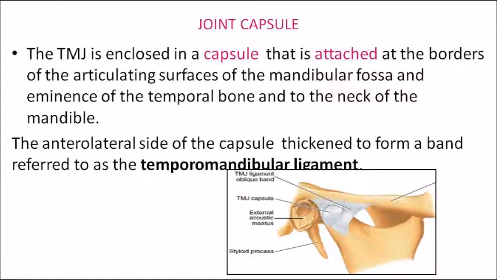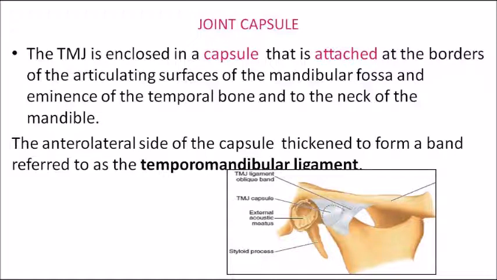So, apart from the articular disc, an important structure associated with the TMJ is the joint capsule. In the previous slide, we have seen that a part of the superior head of the lateral pterygoid muscle is inserted into the disc and the capsule. So, what is this capsule? In fact, the TMJ is enclosed within a capsule, which is called the joint capsule. Now, please look at the picture. Within the dotted area, you can see the markings for the TMJ capsule.